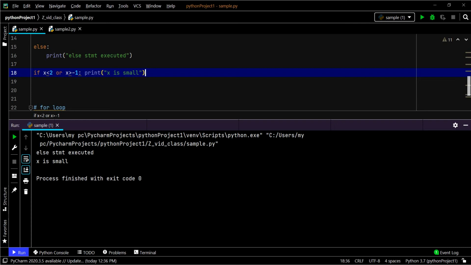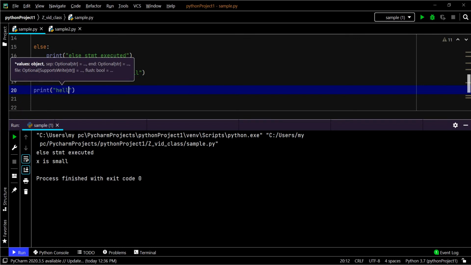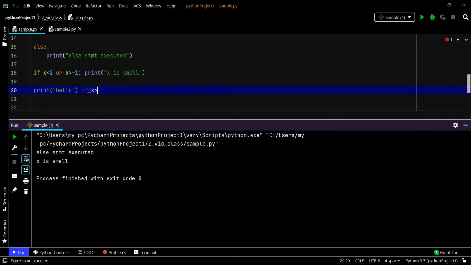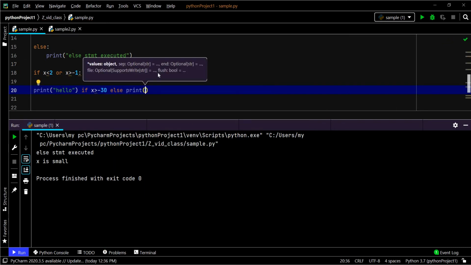You can write the if-else statement in a single line. Let me tell you how to do that. Print hello if x greater than minus 30, else print.